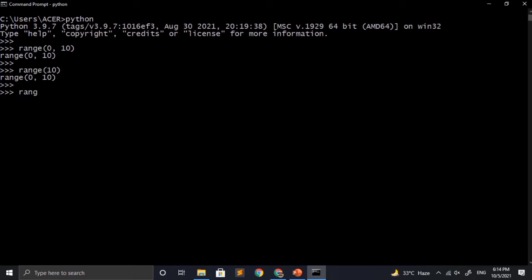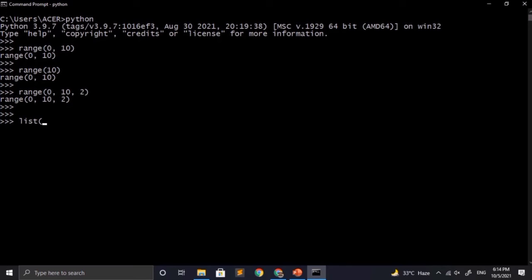Now let's see what happens if I provide all the 3 arguments. So it will take those 3 arguments. First argument will be the start value, second the stop value, and the third argument will be the step value. So till now we have seen that we have given arguments to the range function, but it's not printing anything on the screen. It's just taking the arguments and printing itself on the screen. So we know that range function is a lazy function, so it won't directly print the values on the screen. We need to force it to print the values on the screen.